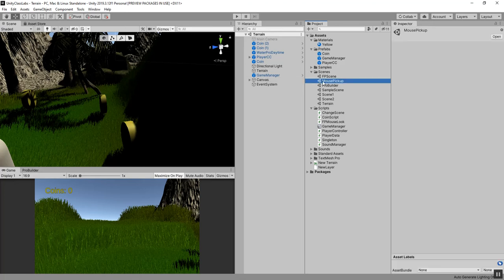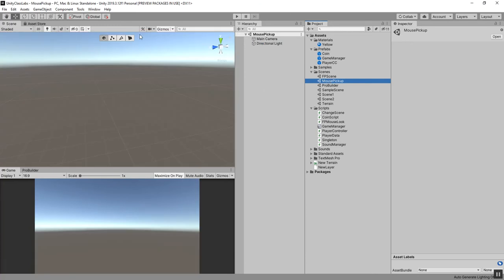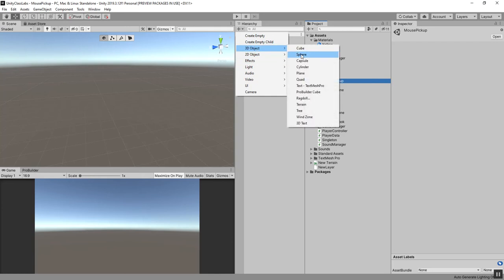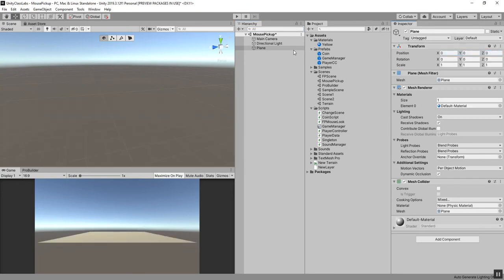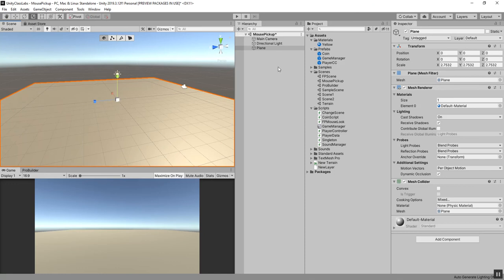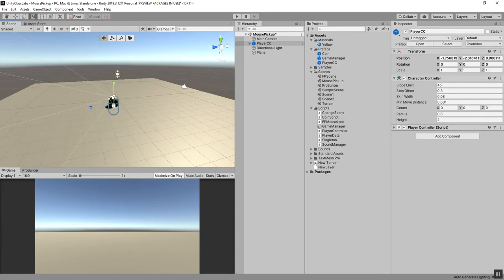And let's open up that scene. Now once you're in the scene, we'll just create a quick plane inside of the scene to jump around on. I'm going to reset its position so it's in the middle of the scene, and hit F on the keyboard or double click on the plane. I'm also going to scale it up, and we're going to need our character controller. So I'm going to drag and drop the character controller into the scene, move it up so it's above the plane, and I'm also going to create an object for us to pick up,